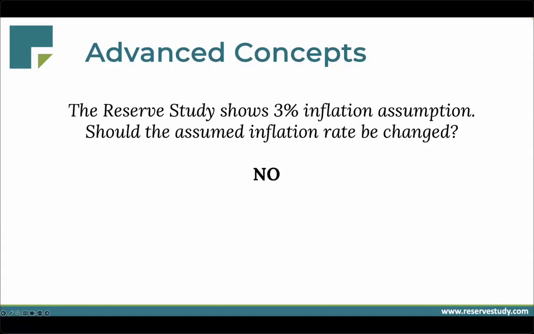Now, on the topic of inflation, we are often asked about our assumptions on the reserve study. And as you can see on our reserve settings, if you've worked with us before, we use 3%. And so why is that? Well, 3%, if you average it out over the last 40 years, on average, the purchasing power of the dollar, the inflation rate is about 3%. Again, on average, some years it's a little higher, some years it's lower. It really depends on the year. But on average, again, we're around 3%.